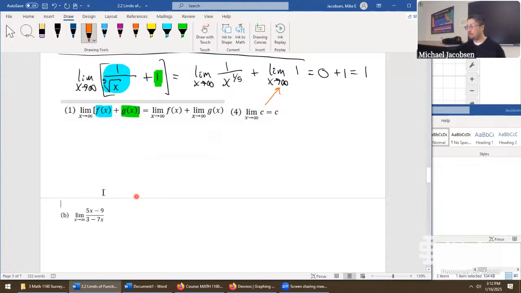So step 1. This is a rational function because we have a polynomial in the numerator, polynomial in the denominator. So this is rational. If you see a rational function and you're taking a limit as you go to infinity, what you need to do is go to the denominator